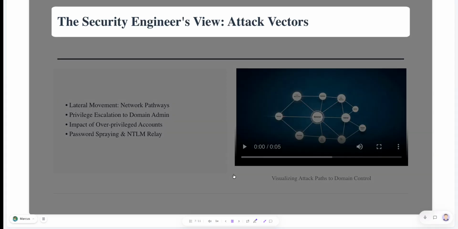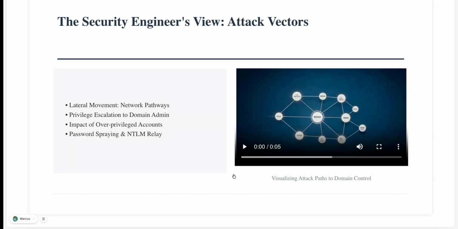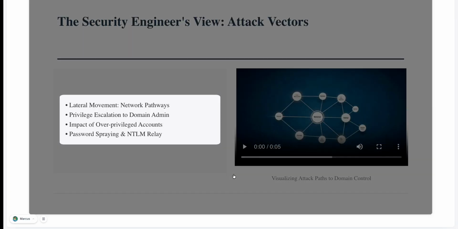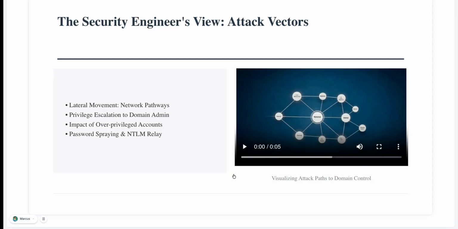Now that we've visualized the hierarchy, let's shift our focus to how an adversary actually exploits these structures. As security engineers, we must understand the attack vectors that turn a small foothold into a full domain compromise. Attackers primarily use lateral movement to hop between workstations and servers, often leveraging password spraying or NTLM relay attacks. Their ultimate goal is privilege escalation, finding that one overprivileged account that grants them the keys to the kingdom,